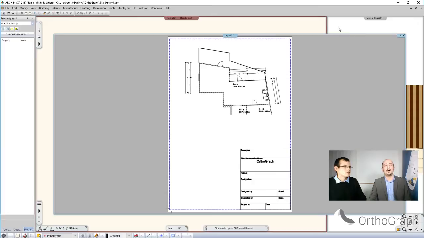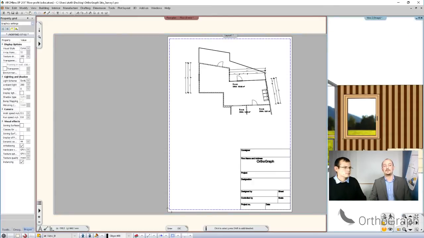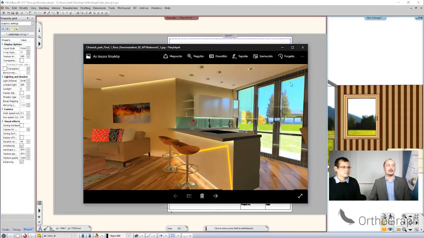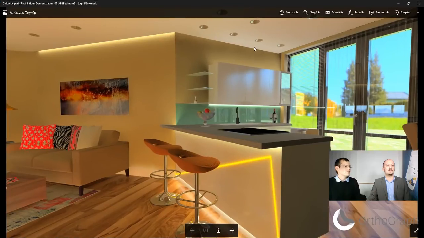Of course, out of this 3D, you can create renders with the rendering button. Now it would take a few minutes, so I won't wait for that. I already prepared finished rendered images. So from the site survey all the way to the digital render, how long do you think it takes? Well, this rendering took 20 minutes